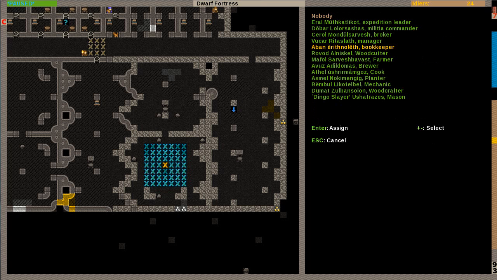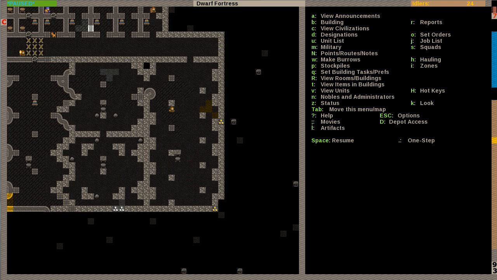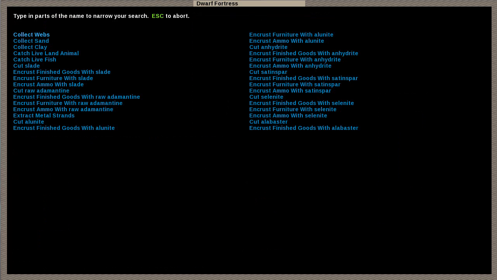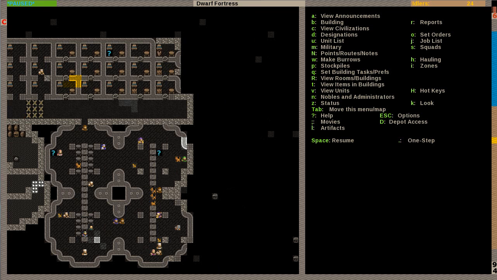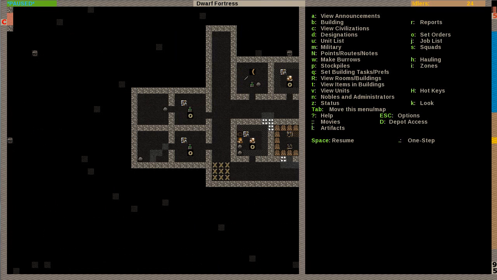You know what nobles are like. Where is it? Manager. There you are. Alright. So now I can give new work orders, and I don't even know what we're crafting at the moment. I'll check the workshops. And yeah, we've got a couple of spaces here as well, which is...